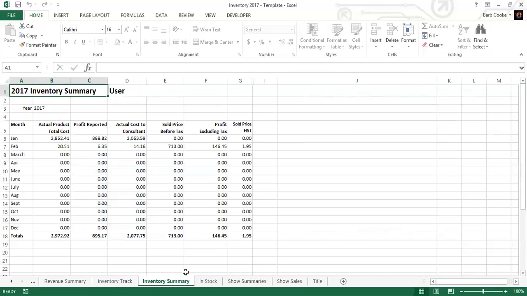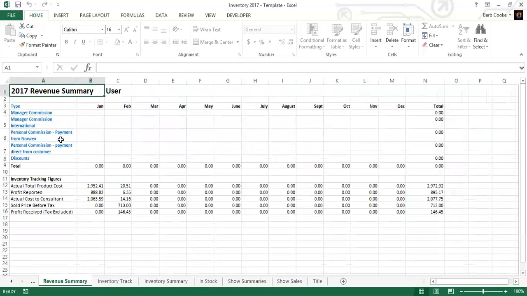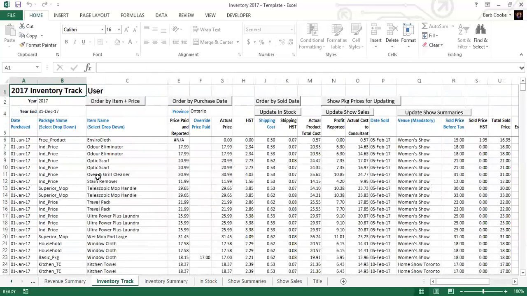This information gets translated automatically to the revenue summary page, which looks very similar to your expense and revenue page. But it just gives you an opportunity to enter all of your revenue in one location. And again, anything that's blue, that's where you do your data entry. This is information that comes directly from the vendor. The inventory tracking data comes directly from the summary, so you don't have to enter anything. It just automatically populates. So this is just there for you if you want to do a summary on one page of your revenue. So that's about all there is, and that's what you do as far as entering the inventory and entering the